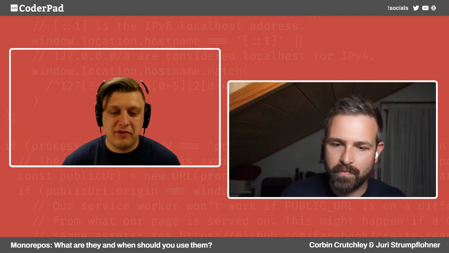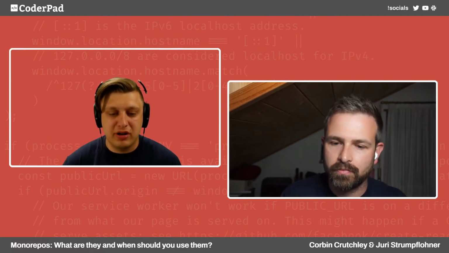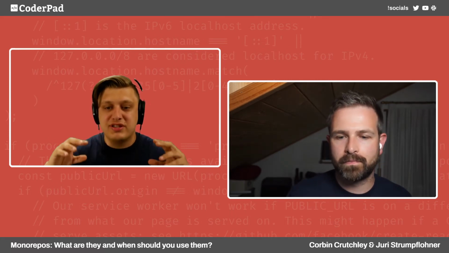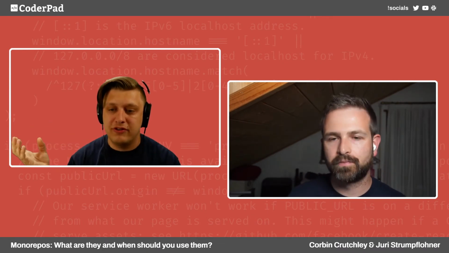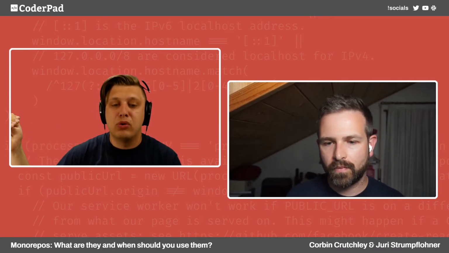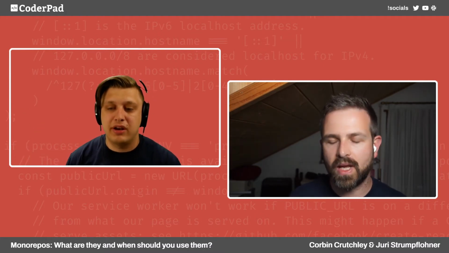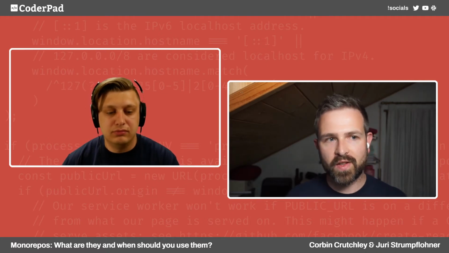We have a comment that said something: we have used NX on a single application before, splitting components and app sections into libraries to speed up tests and CI. Our single app ended up pretty much a shell that we imported everything into. And I think that's a great point, because if you're able to segment out your application logic, you're able to do more thorough testing on those individual components, because you have a more concise expected input and output that you can validate against.